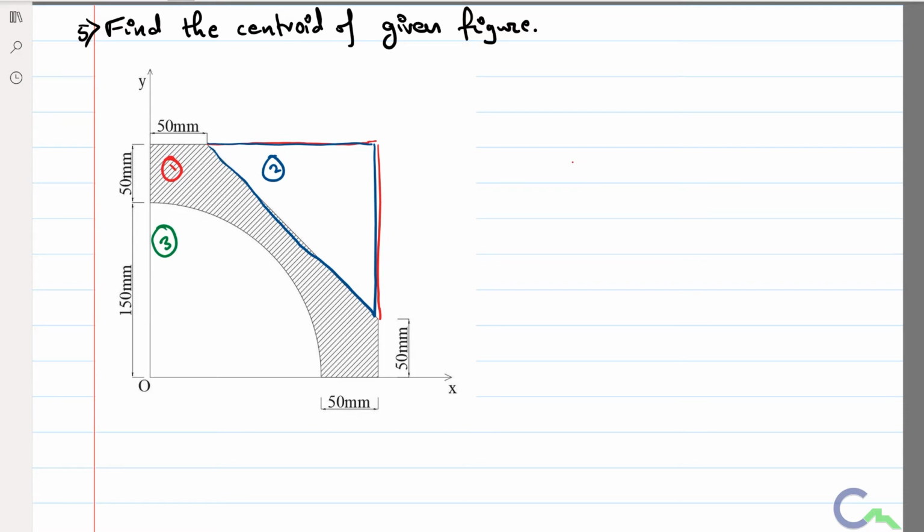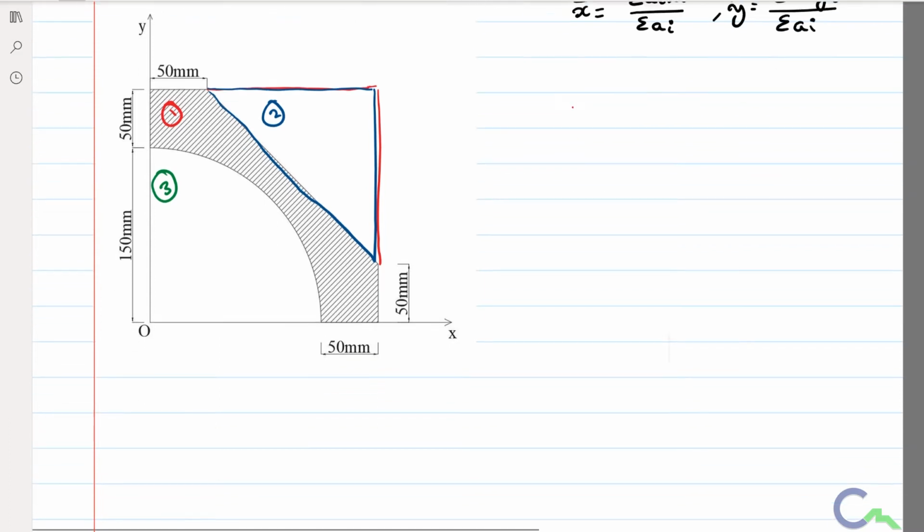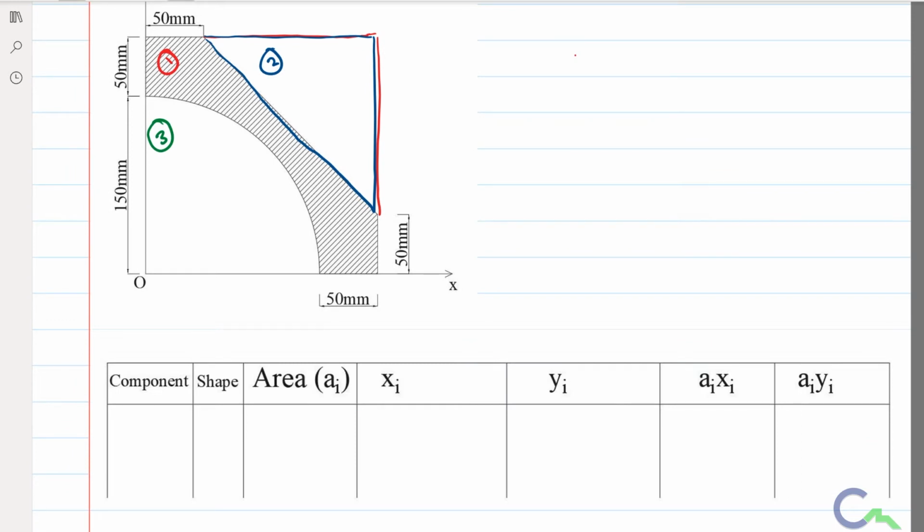So we have the formula: x bar is equal to sigma AIXI divided by sigma AI, and y bar is equal to sigma AIYI divided by sigma AI. First I am going to form the table. The first component I am going to consider is the rectangle, the entire rectangle. So the area of the rectangle, I will take it as A1, will be base into